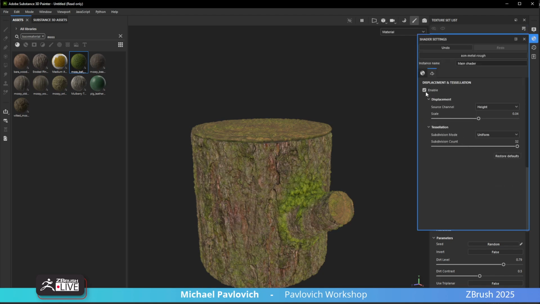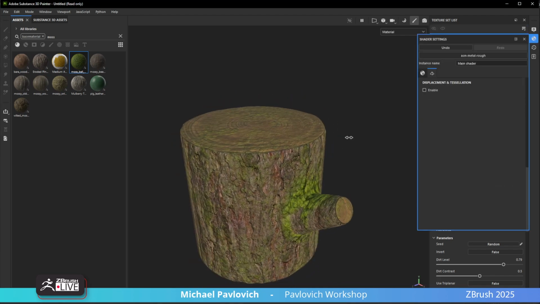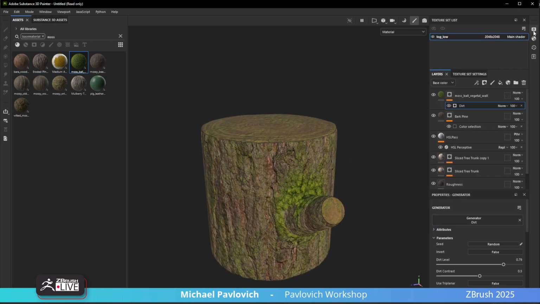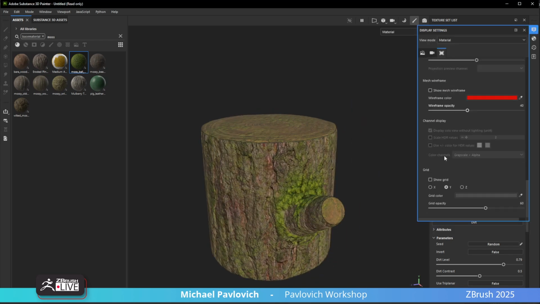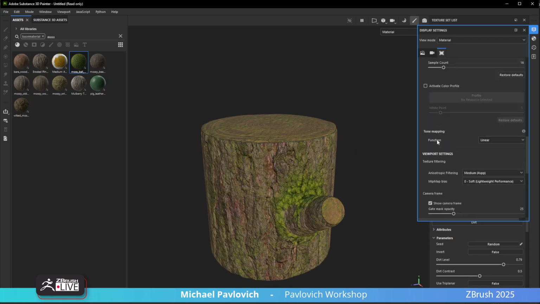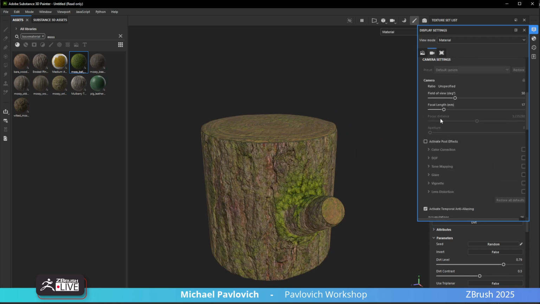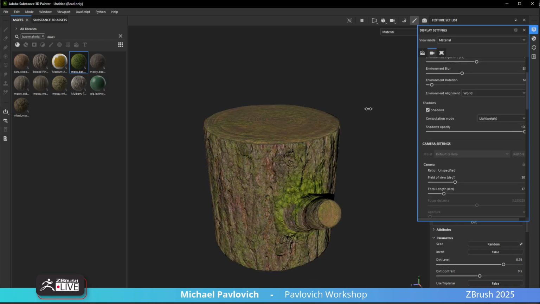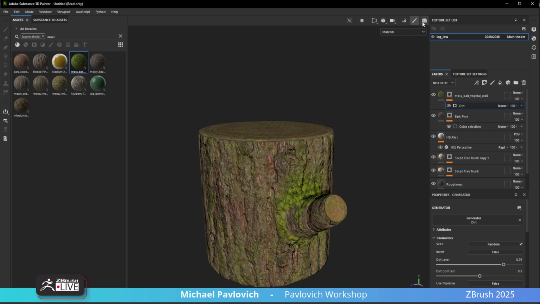Shader, displacement, disabled. We still got height, normal and stuff, so that should be fine. Now, in fact, if you're doing subsurface scattering or something, you can go in here and turn on shadows to see a little bit better. But now if we hop into iRay